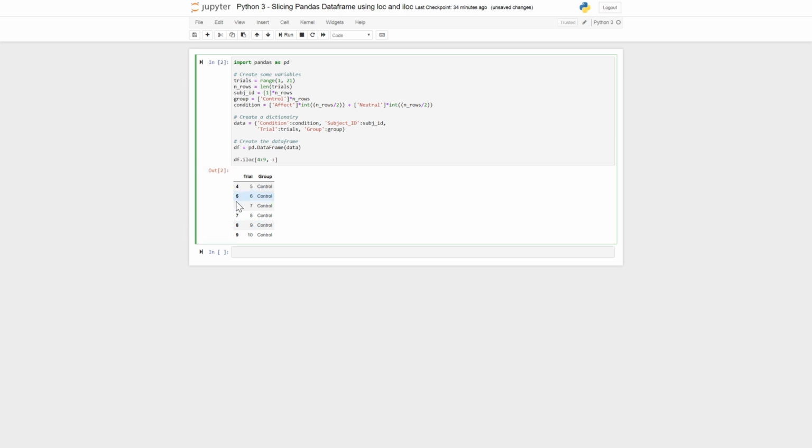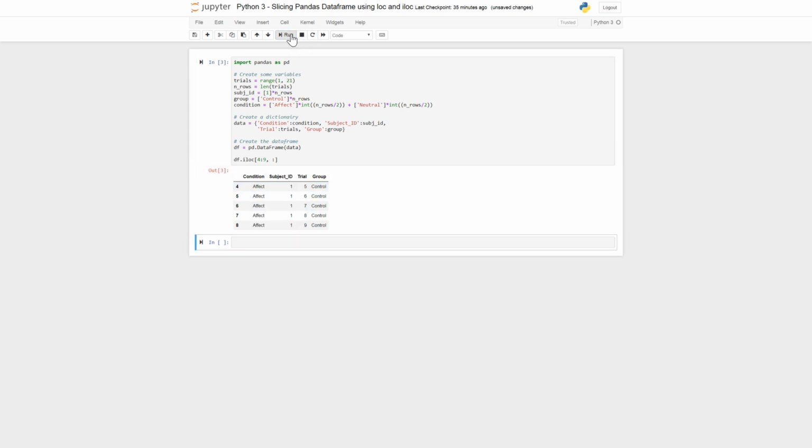As you can see here, you see the difference. Of course, all the columns are present now, but you can see it only prints until the 9th row. So this is one of the differences. So we have to put in 10 here,